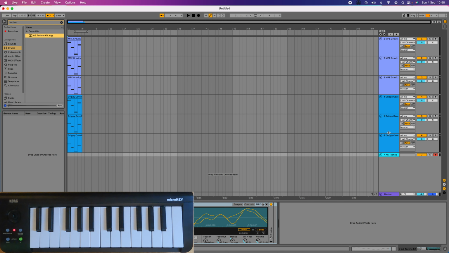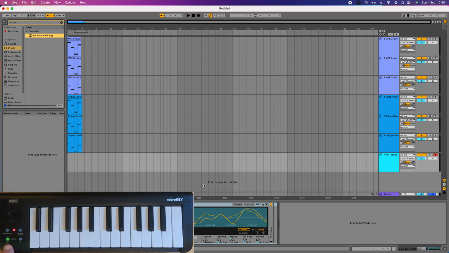It's going to take a minute to think about it. Oh, nice colour choices, Ableton. It's doing a good job today. Sometimes it comes up with the most random yellows and browns and all sorts, but they're all nice and complementary today. Okay, this is our AG techno kit. And if I put my keyboard on 1 down, so the green light is showing down on the octave, or if you go further down in your kit, you'll just play around until you find it. We now should have